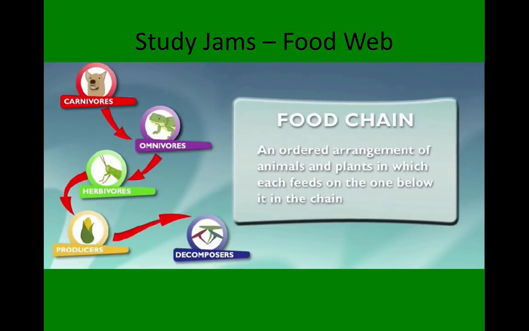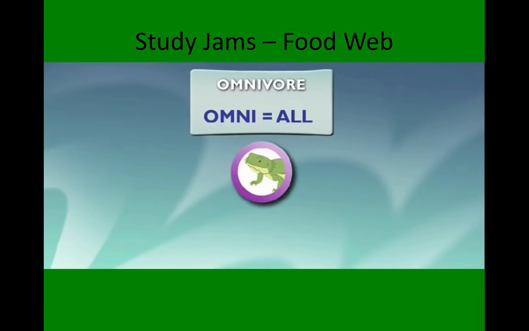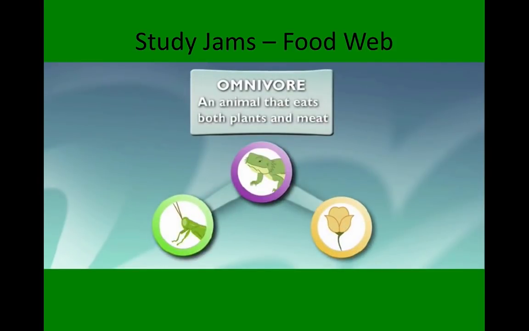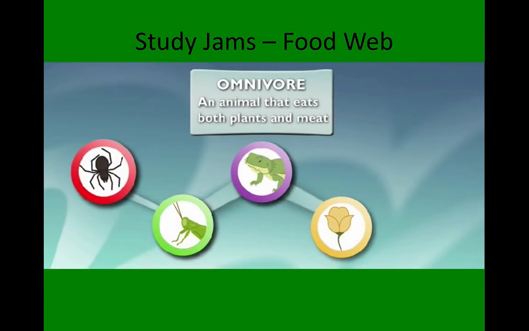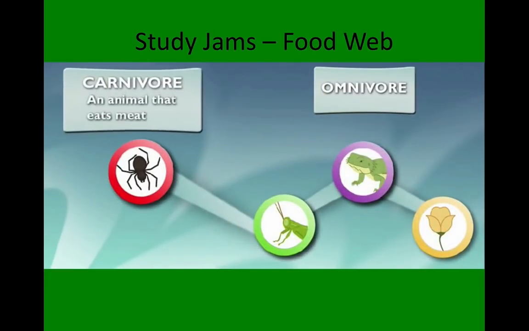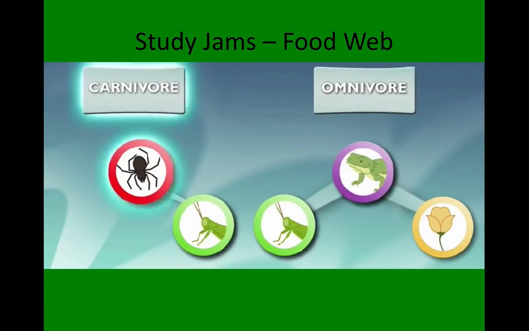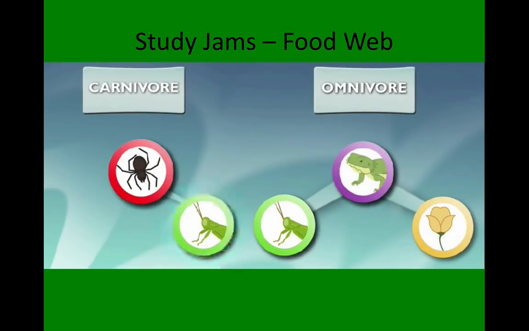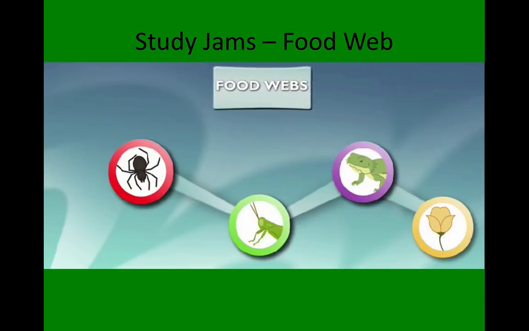Okay, I'm with you. Now, Rhino is an omnivore. Omni means all. Rhinozilla eats meat like the cricket, and plants too. He eats it all. Pigs and chickens are omnivores too. So are spiders omnivores? Nope, not spiders. Spiders are carnivores. They just eat meat. Alright, so Rhino is an omnivore, the spider is a carnivore, yet the cricket is part of the spider's food chain and Rhino's food chain. Exactly, which makes them both part of the same food web.